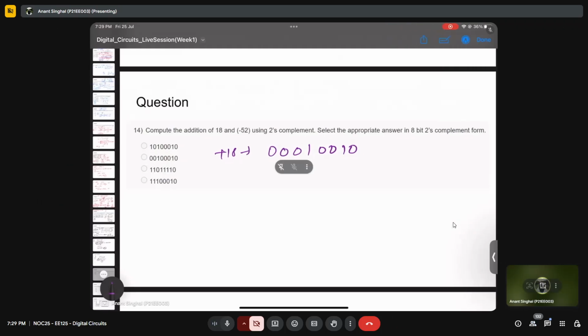Sorry for the disturbance. So this is plus 18 and minus 52. So we just need to write plus 52, which is 0 0. So 52 will be 32 plus 16 plus 8, plus 4. So this is plus 52. So do the 2's complement of this. So just reverse these digits and